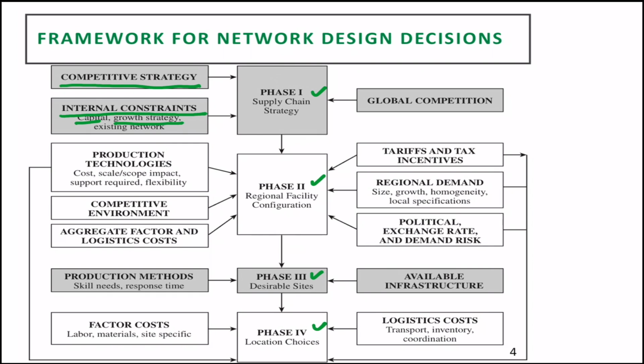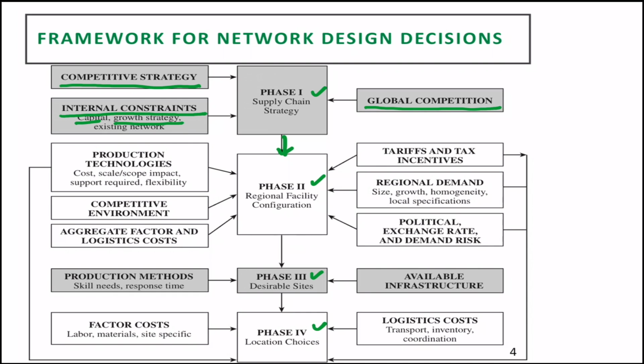It also identifies global competition. So a broad supply chain strategy is identified in phase 1. And then we move to phase 2, where regional facility configuration is defined, and the objective of this phase is